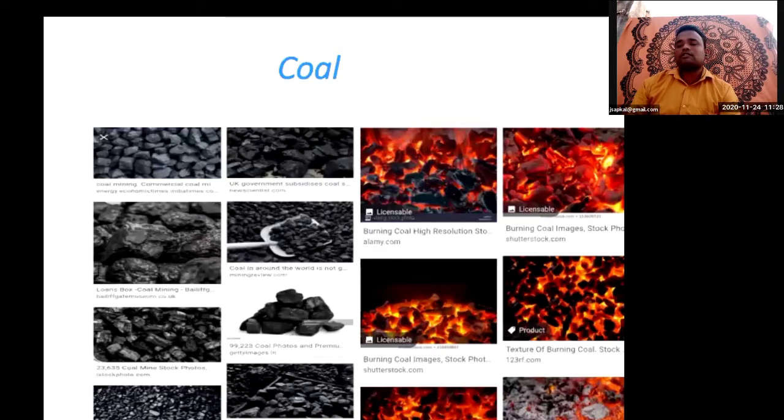The gaseous fuels, the producer gas and the water gas, are obtained from coal. Coal as an energy resource contributes greatly to industrial development. See, another use of coal is industrial use. Many industries depend on coal. Thermal power plants, railways, and boilers are important industrial purposes for which we are using it.